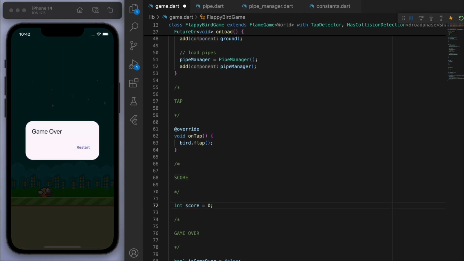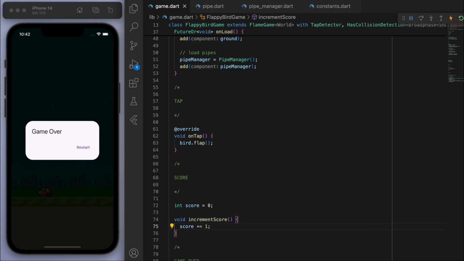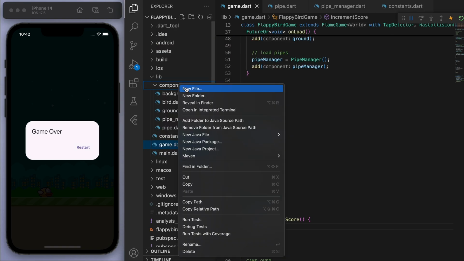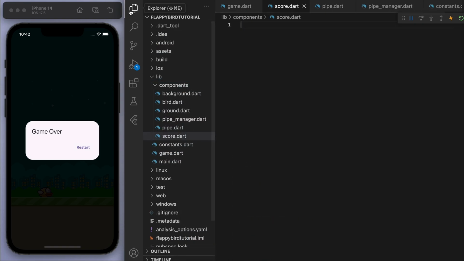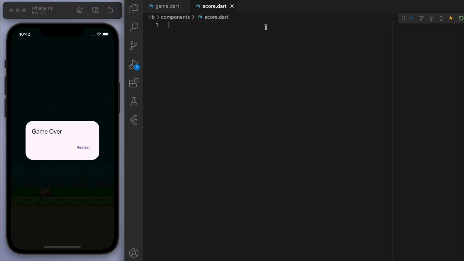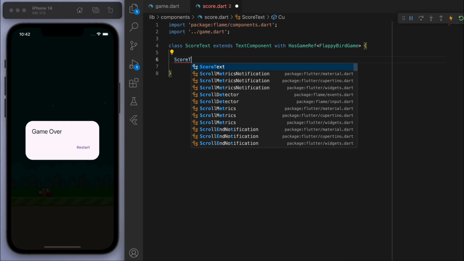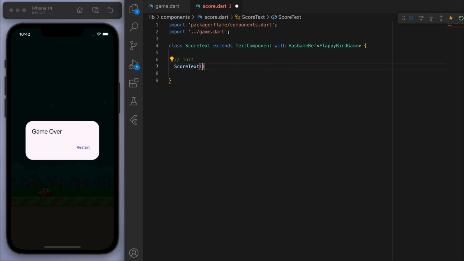So let's start with score is equal to 0 and then just have an increment score method. And create a new component called score.dart. So this one, we're going to extend the text component. And so when I initialize this, let's just say the text is 0. And when I load,